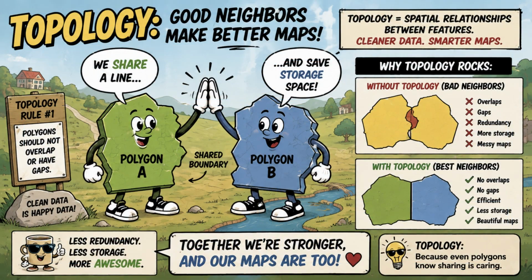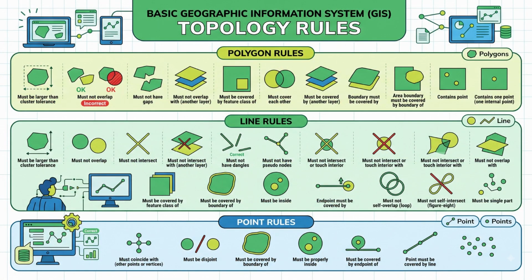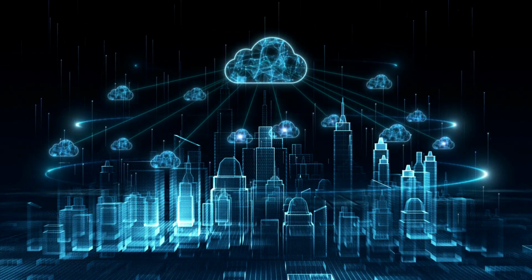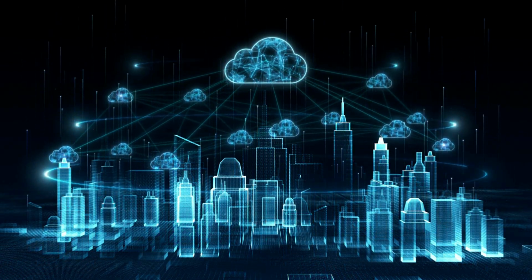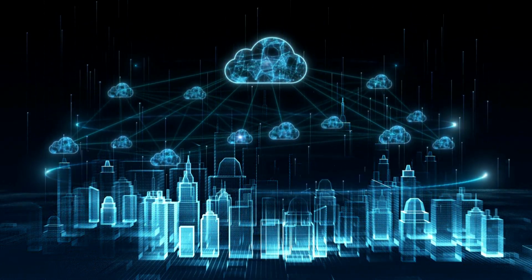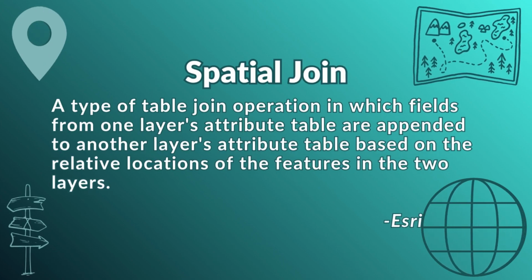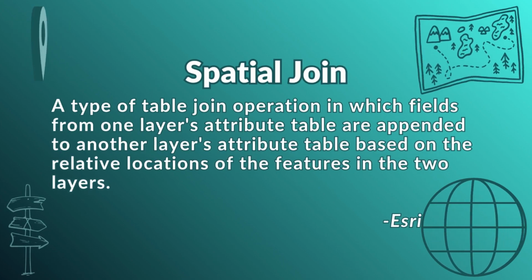We have our cluster tolerances and topology rules ensuring our geometry is mathematically flawless. When all of this invisible clockwork is perfectly tuned, what high-level operations does it actually allow us to execute? It allows you to run advanced analytical operations with total confidence in your output. Yeah. For example, you can execute a spatial join, which is a fundamentally different operation than the tabular joins we